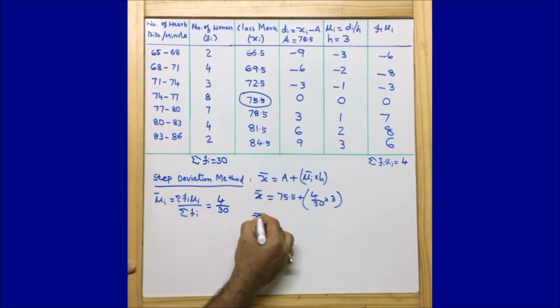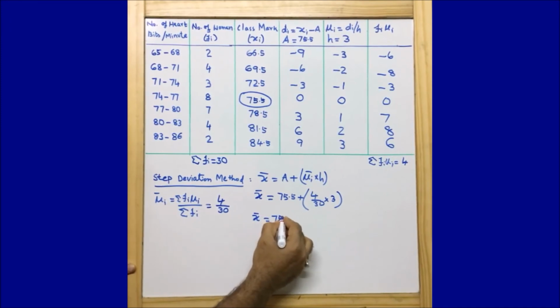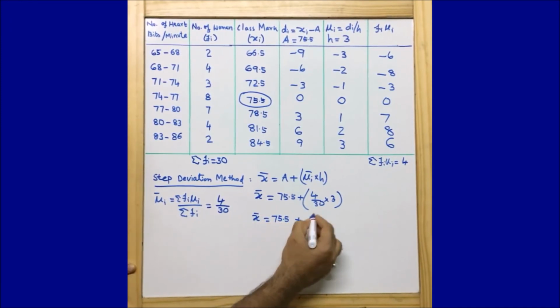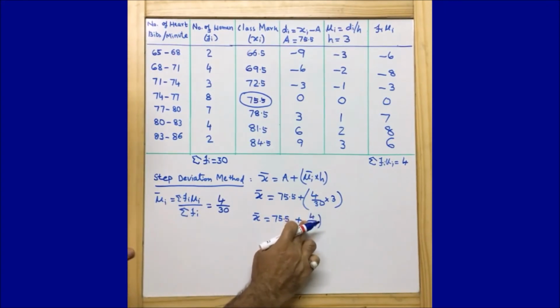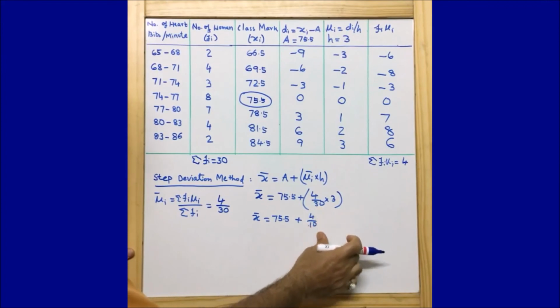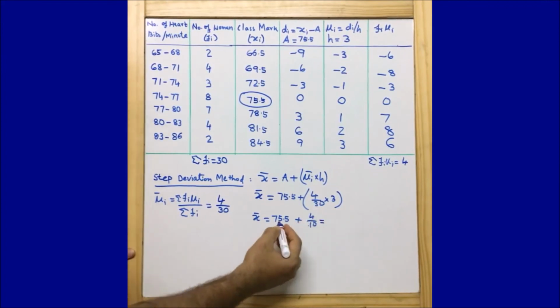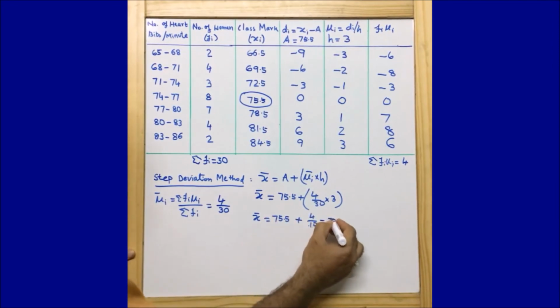So mean is equal to 75.5 plus 4 by 10, because 3 tens are 30. So what will we get? Let's see. That is equal to 75.5 into 10, which is 755,